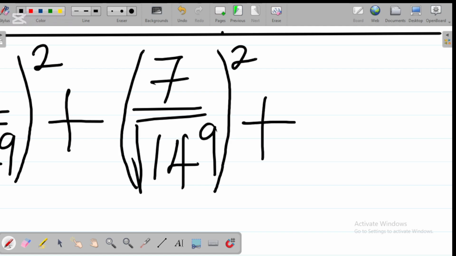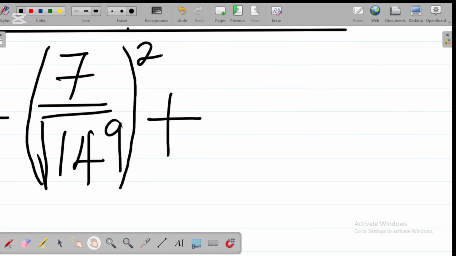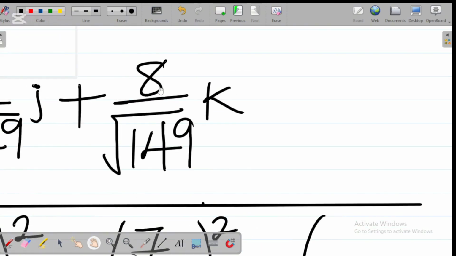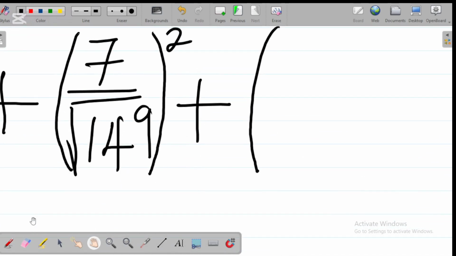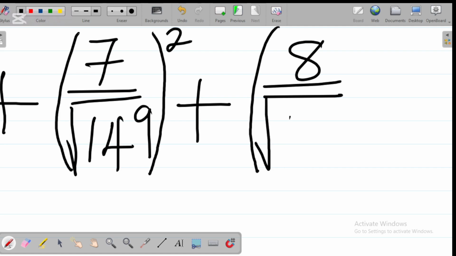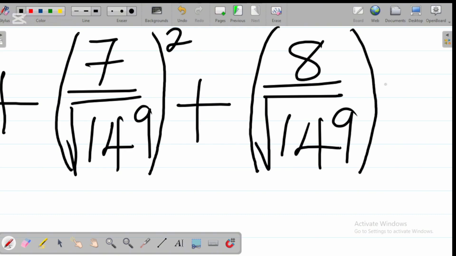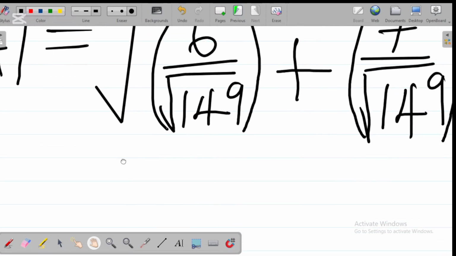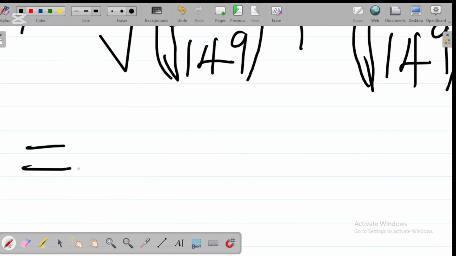And then plus, open your bracket. What's the coefficient of k? It is 8 all over square root of 149. So we have 8 over square root of 149 all raised to power 2. So this is equal to